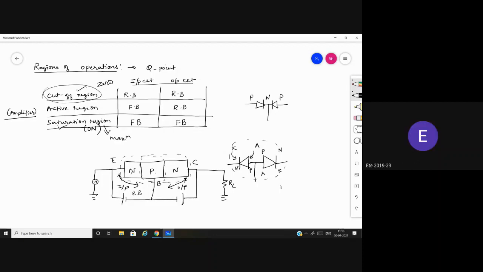But in an amplifier, we need some amount of current based upon the requirement of the device. So we need that flexibility of adjusting the current. Sometimes we might need more current, sometimes less current. Sometimes we have to amplify the incoming current, incoming voltage also. So that's why we are going to use this active region. So let us see these regions of operation in VI characteristics, current versus voltage.